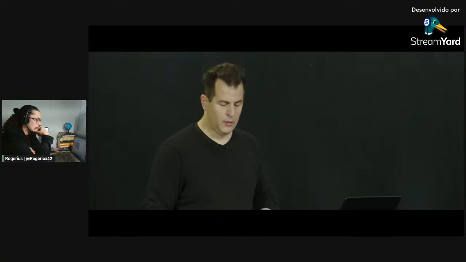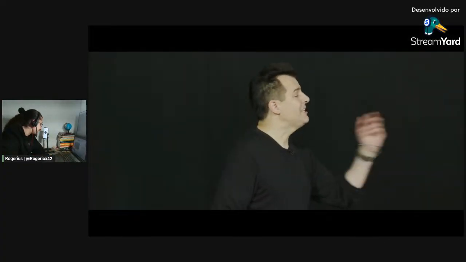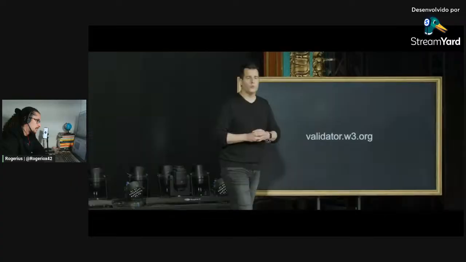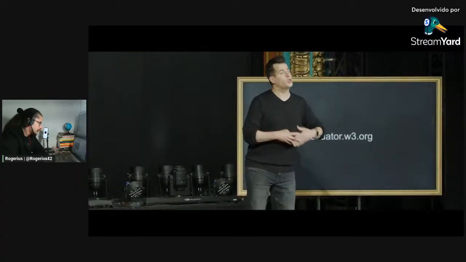In the end, one more tool that's worth knowing, not only your own browser's tools, but validator.w3.org, a simple but useful website into which you can actually